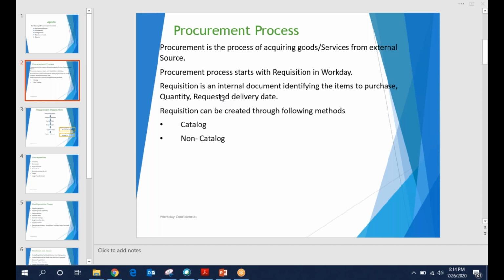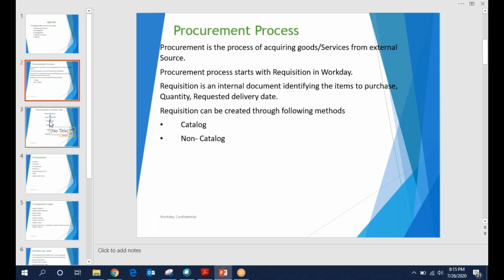The list of available products is called a catalog. Non-catalog means there is no specified product with a specified seller. So in Workday, we majorly use catalog and non-catalog requisitions, and we will discuss the catalog process and non-catalog process further.